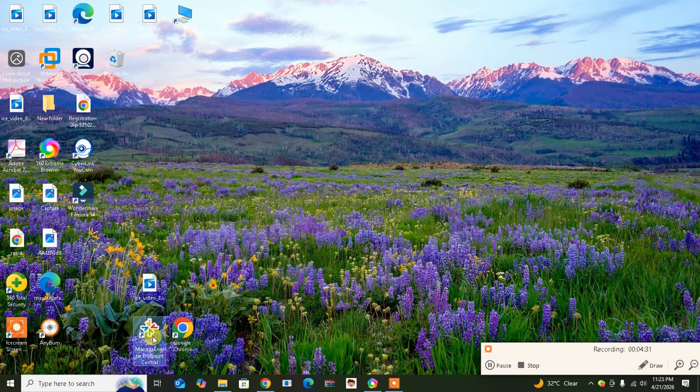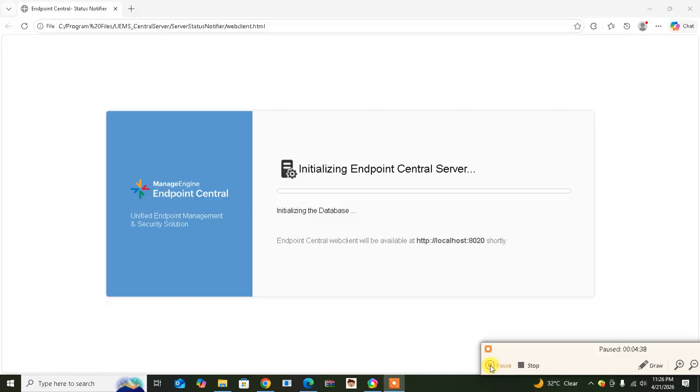Okay, now the server has been installed. So click on the icon. Now it is configuring all the modules, like initializing the SOM modules and other modules, remote desktop sharing, patch management, EDR core,